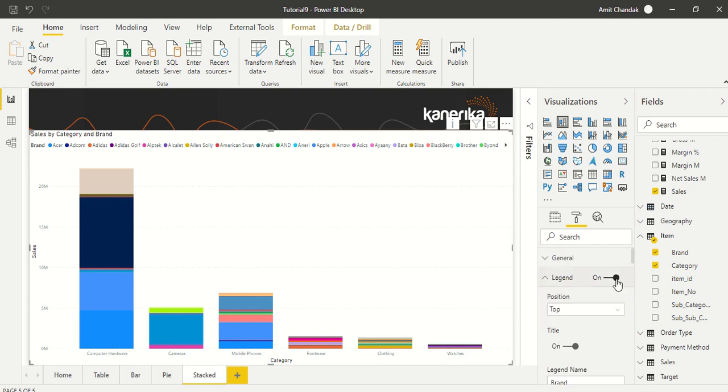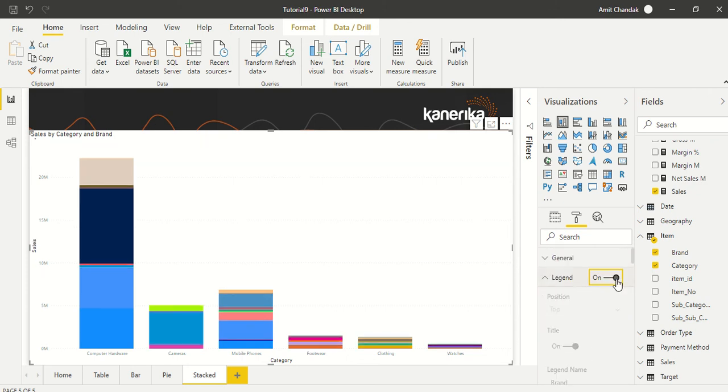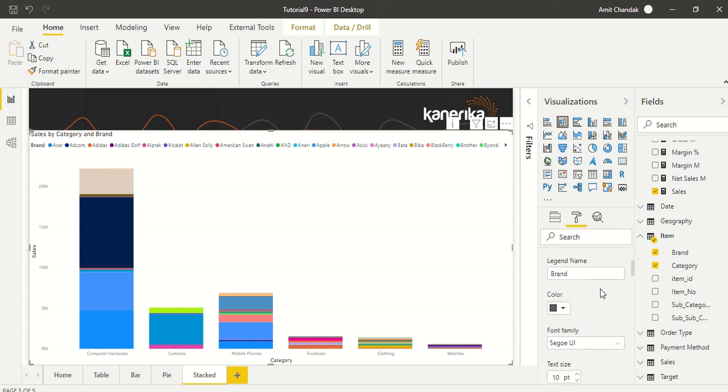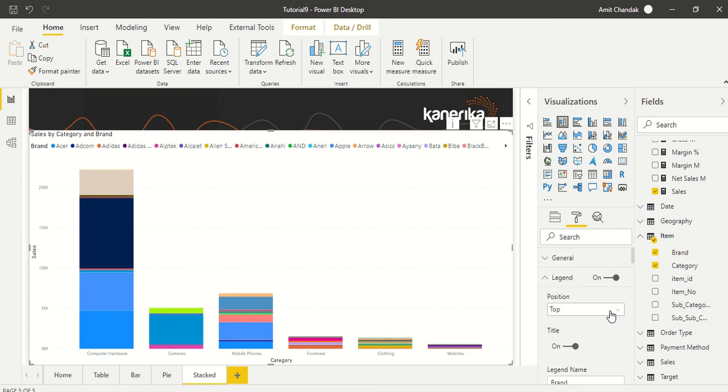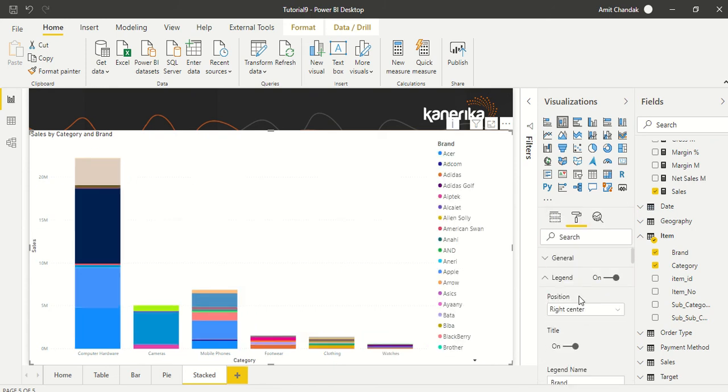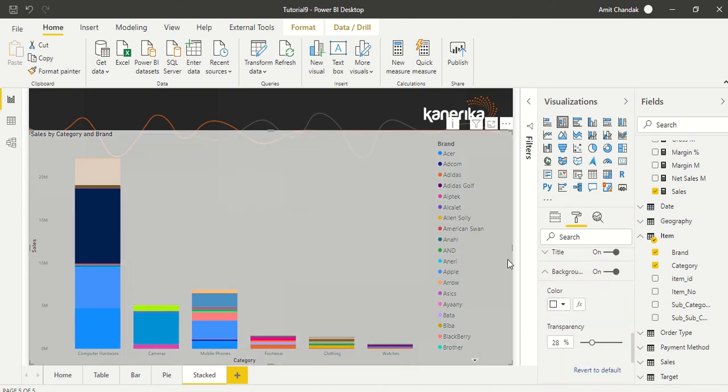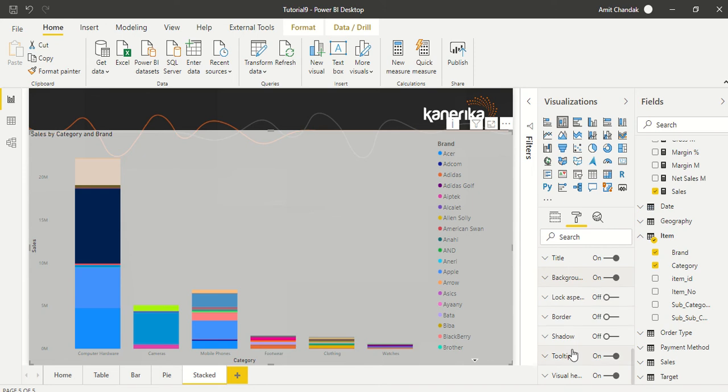Then you have options, just like whenever we have legends, so we can switch legends off or on. We can change the legend name. We have the legend size, so we can make the legend look a bit bigger, and then as usual the legend position. In this case, let's say right center, because we have a lot of space here and a lot fewer values in the category, so we can afford it. Similarly, you have transparency available in the background. We can make it a bit transparent. Same title property, shadow property, all the properties are very similar here.